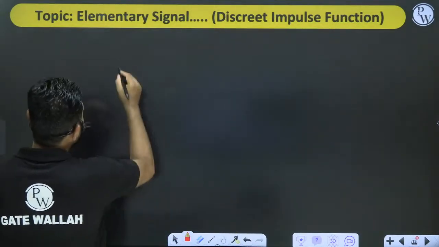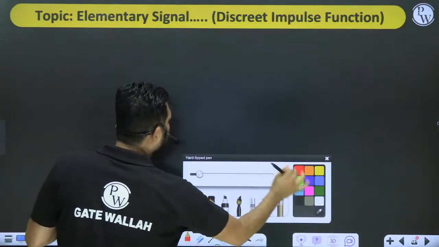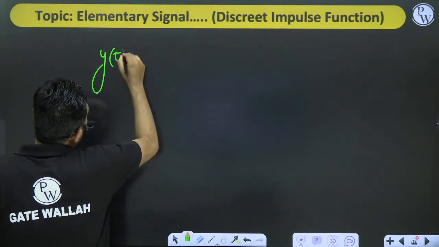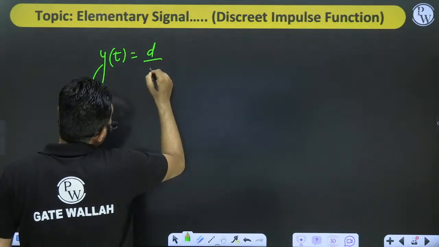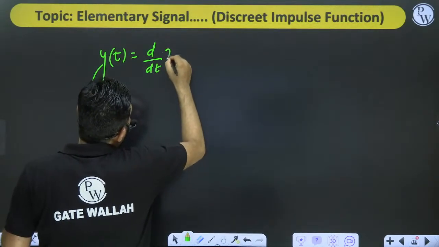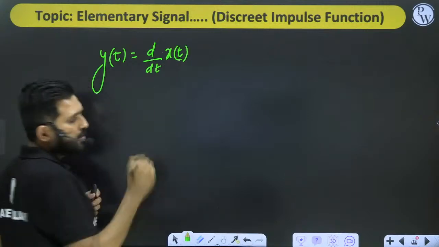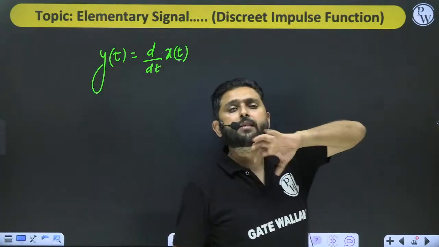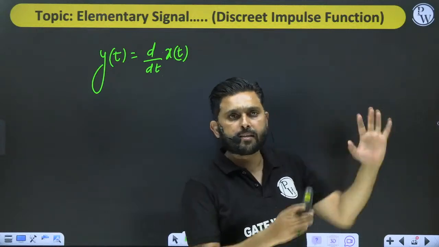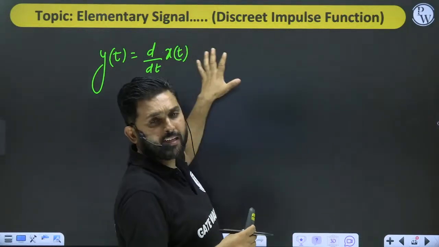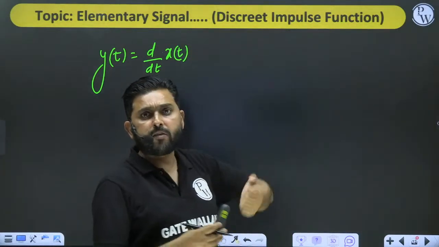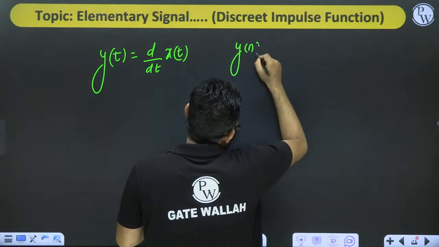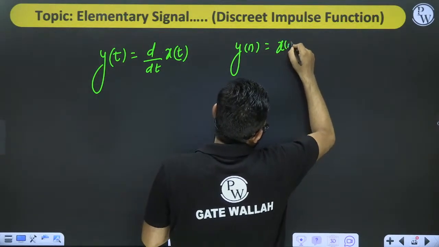See, what I'm saying is that, suppose for example, I have y(t) equal to d by dt of x(t), and someone asks you to discretize this. Discretize means if you sample this function x(t), then what should be the relationship? Then I can say that y[n] is equal to x[n] minus